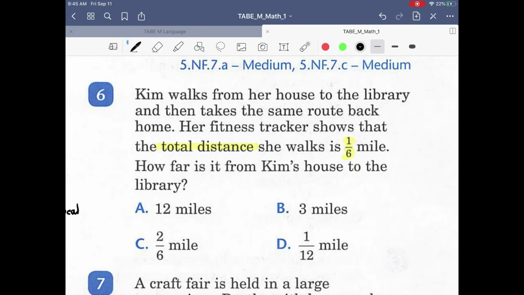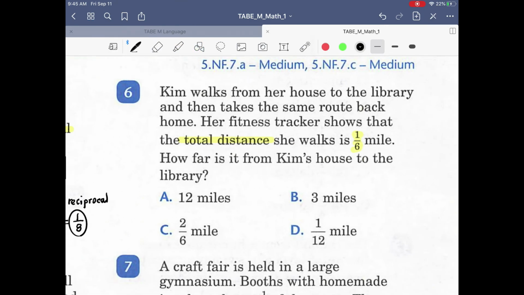So what this picture is saying, and you know my rule about drawing it if they're walking, it helps. So here's what they're telling me. That she starts at home and she goes in the direction of the library. And then to come home, she starts at the library and she goes back in the direction of home. And that this total, this entire trip,